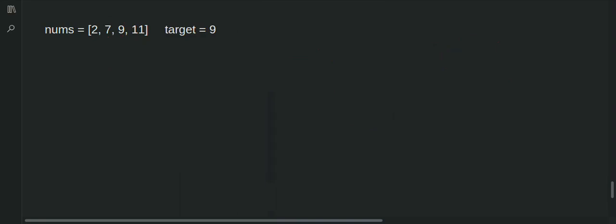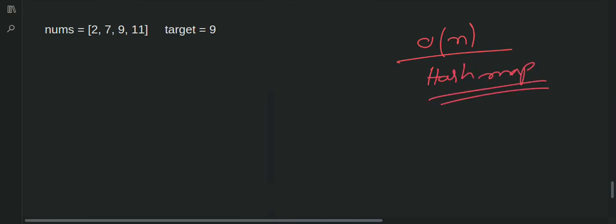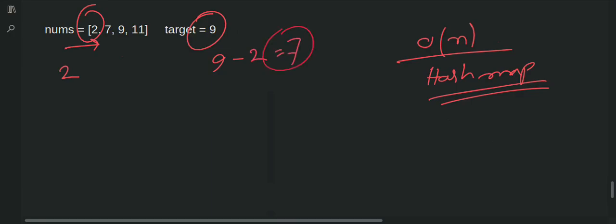but can we do better? I think we can. We can solve the problem in O(n) time complexity using a hash map. Okay, so the solution goes as you pick one number and then you check how much more do you need to actually achieve the target. Okay, so in this case we need 7, right? And then we will check in the array whether we have 7 or not. If we have 7, in this case yes, then we return their indices, but if we don't, then we go to the next value,